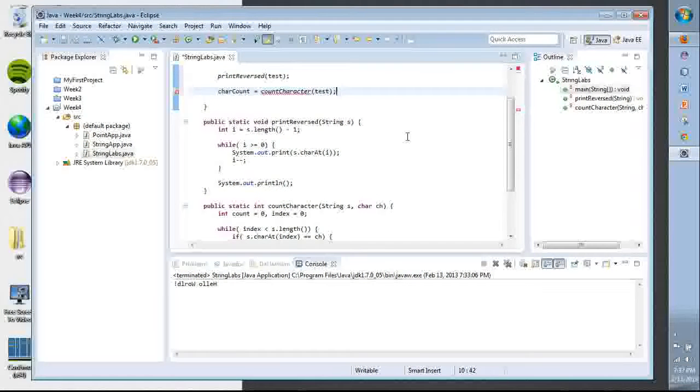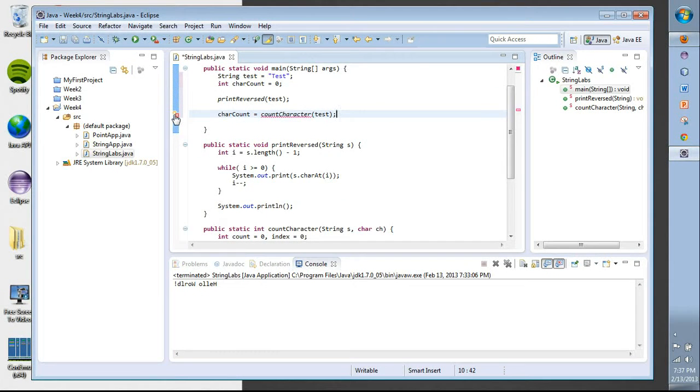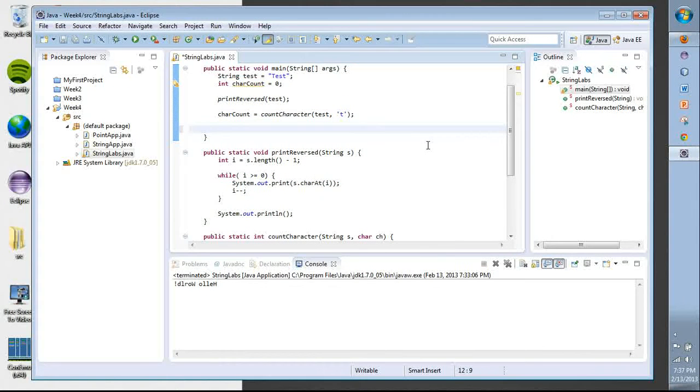Let's see. Whatever am I getting here? Right. Let's look for T. That's what I was forgetting. The character we want to look for. Look for T. So now we can do